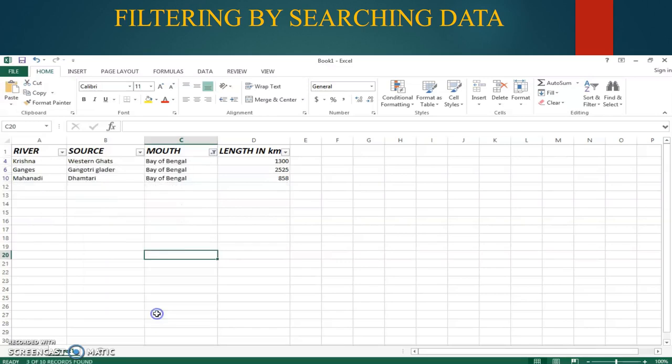Here also type it, otherwise remove it and type Bay of Bengal. Only the Bay of Bengal will be displayed. Have you understood the filtering? Okay, this topic is very easy. Only about the filtering. Okay, we have to remove the unwanted things, and the wanted things you can show it using the filtering method. Only this. Have you understood? Okay.